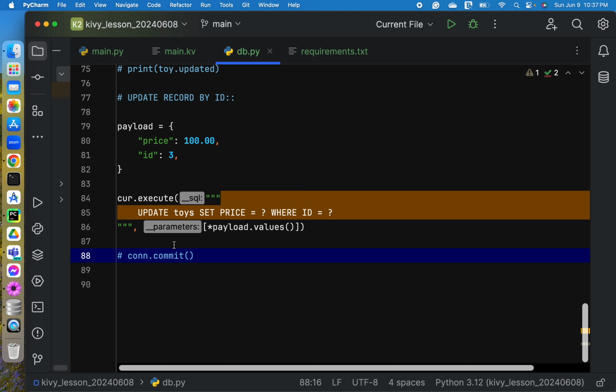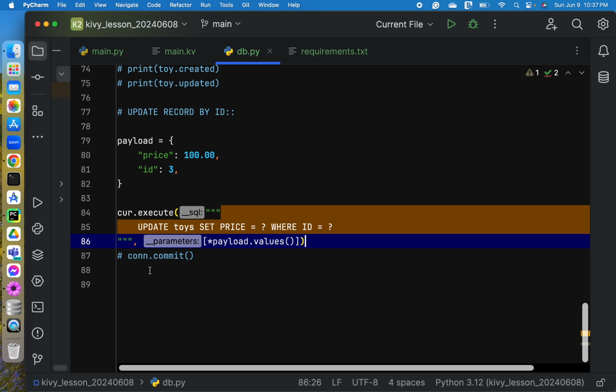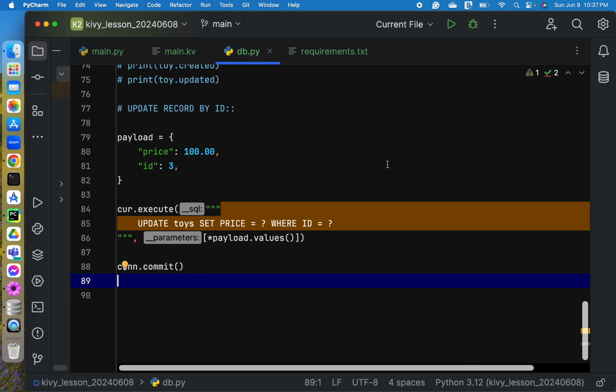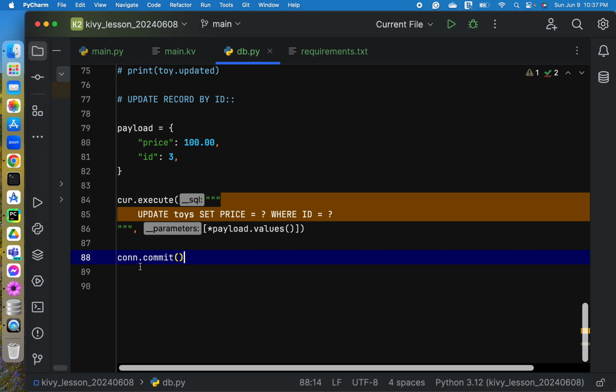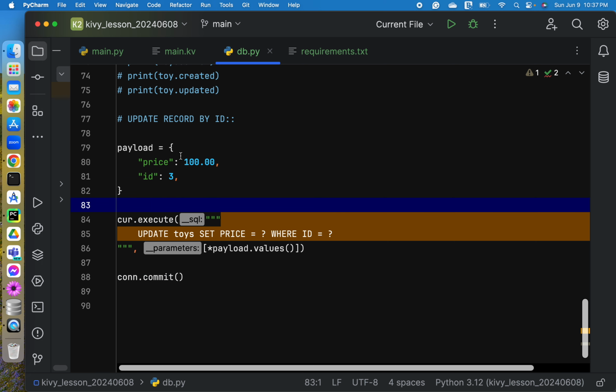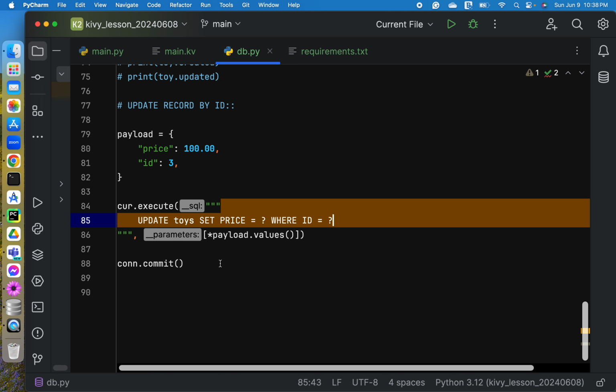And then since we are making a change on our table, we need again the con.commit statement or command. Okay, and I think we're good. Let's test our code.